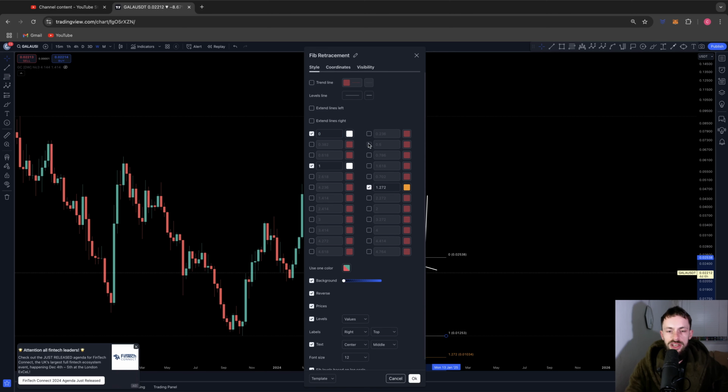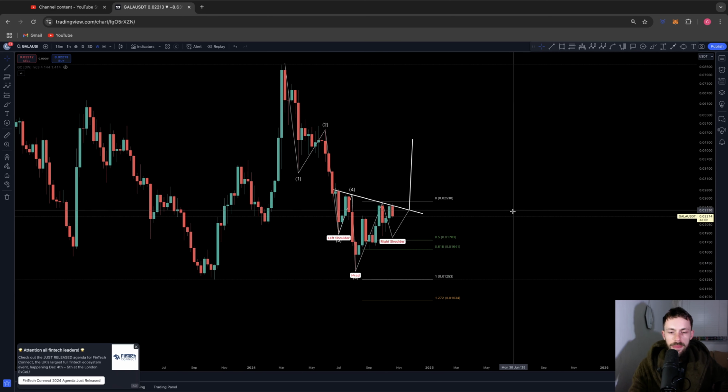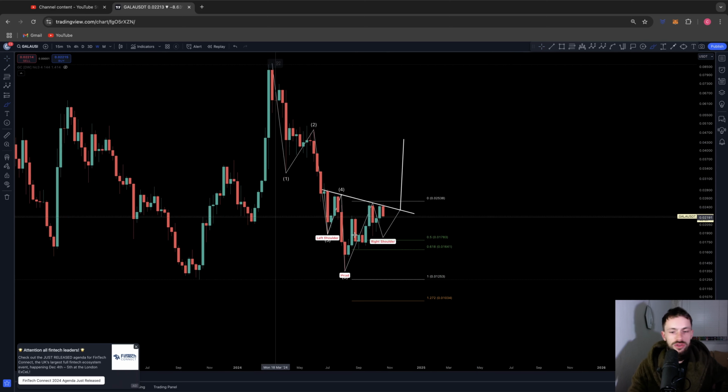Give me 1 second, guys. We're going to get the 0.5 and the 0.618, and we're going to turn them to green because this is an area of support. So green's where you want to bounce, so it's a good area. And I think, yeah, there we go. So right shoulder support, I think, could come as low as